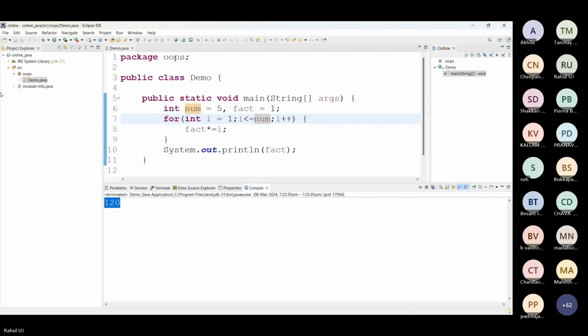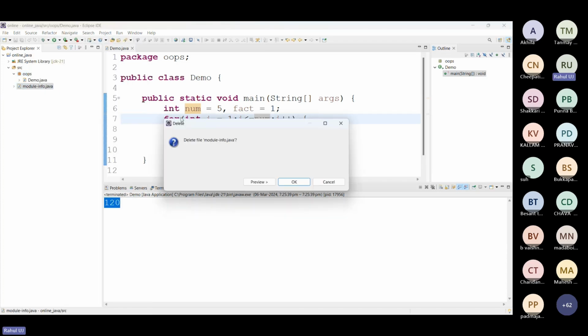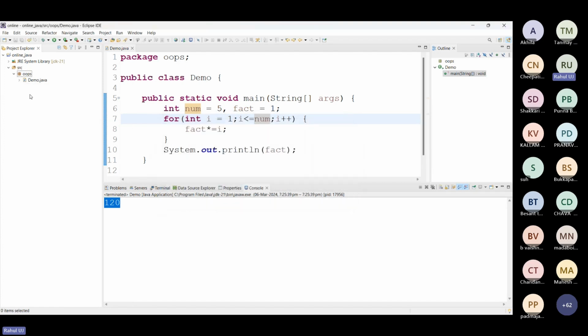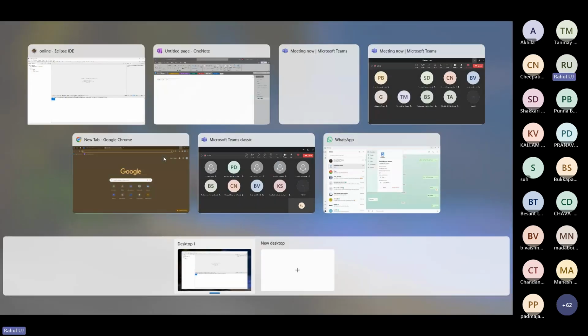Always your classes will be inside a package. Never create a class which is outside the package. Yesterday we had seen an example, right?